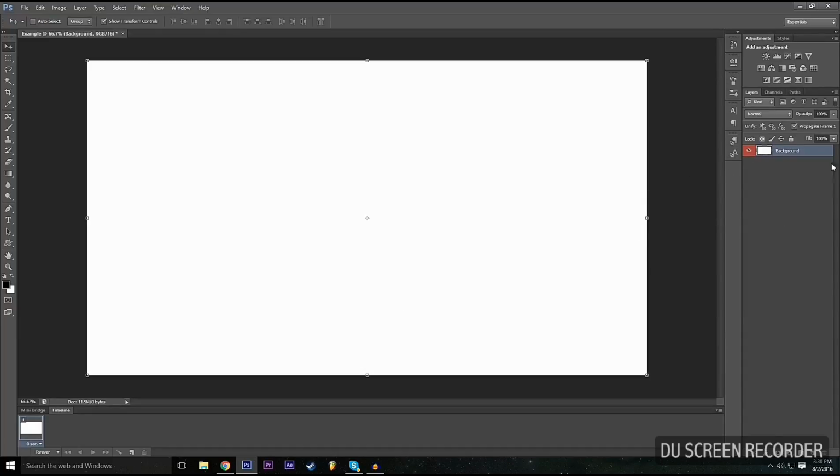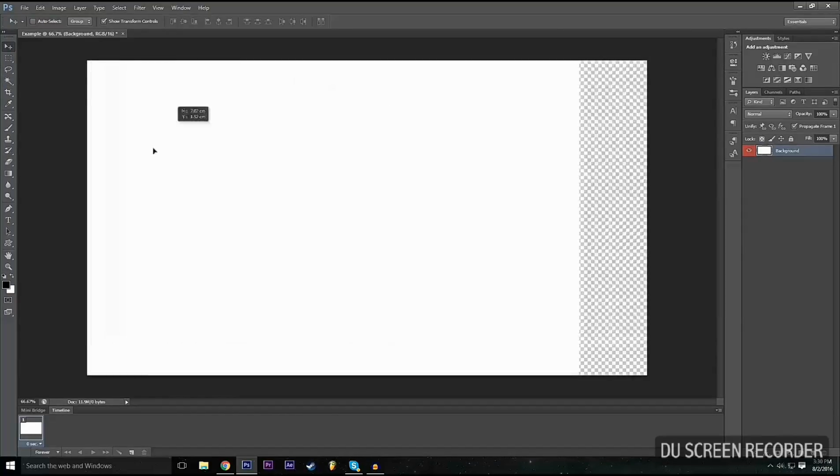So as you guys can see, we have a white background here. The first thing we're actually going to do is learn the move tool. The first tool that we are offered in this column to the left is this move tool. Make sure that you go to the right in this layers tab and select our one and only layer in this project. And then we select the move tool, and we can move